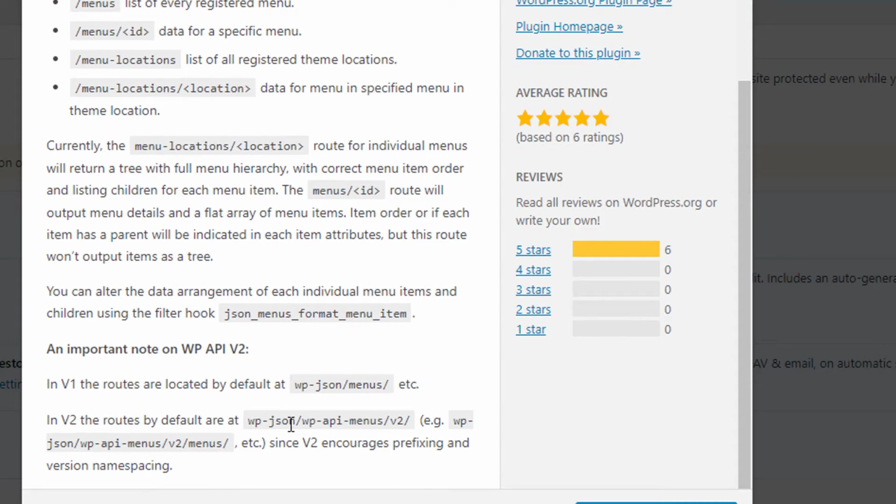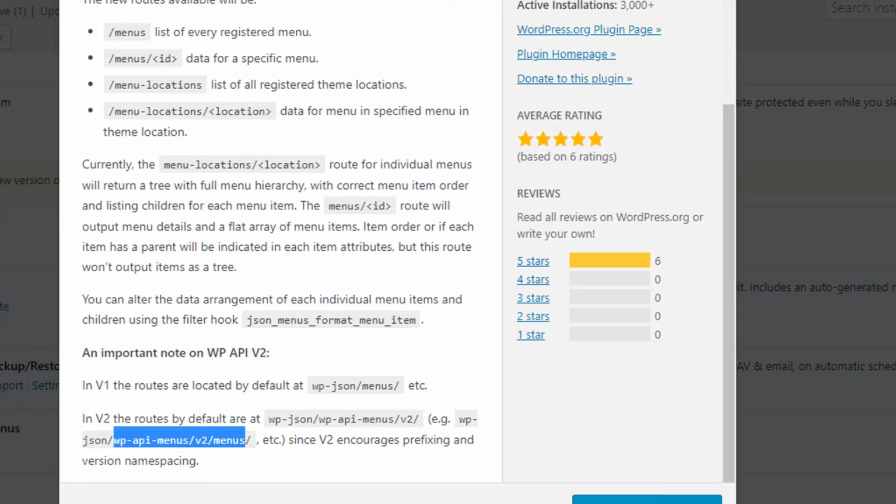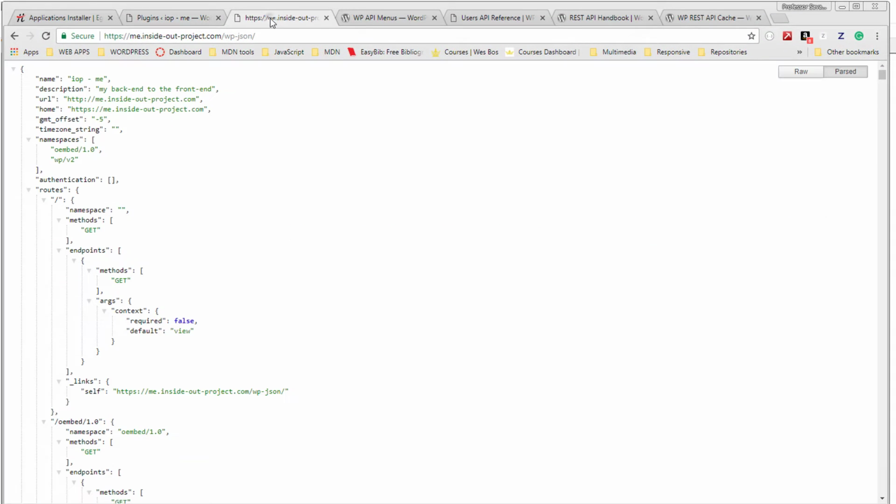We can see right here it's our WP JSON, and then outside of that is our menus version 2. And to actually get the menus, we'd just use this route. So we can close this, and another way that we can find those routes is if we